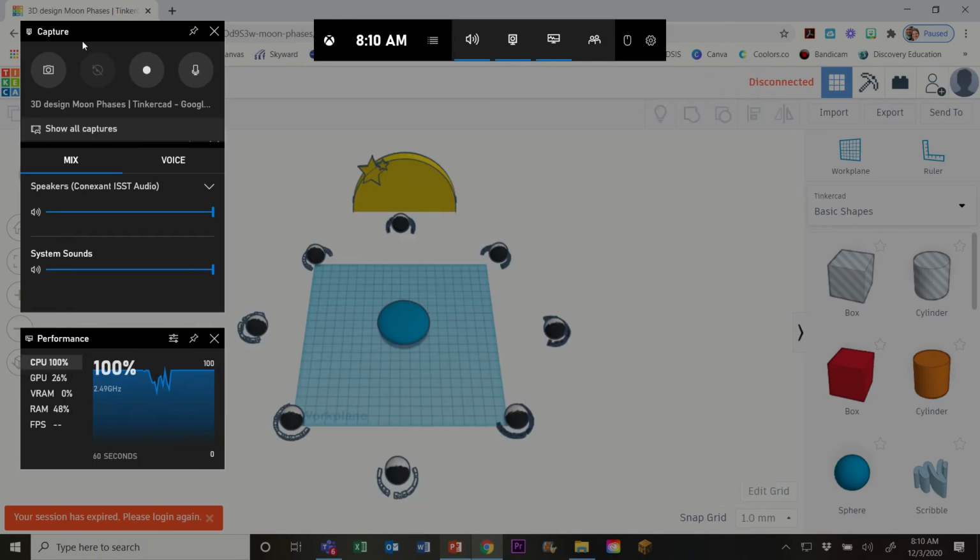And so this is, as you can see from the icon, an Xbox app for recording. And so it's got some different options that you can play with if you want to. But the one that we really care about here is right here with the recording button. All right, so when I start recording,